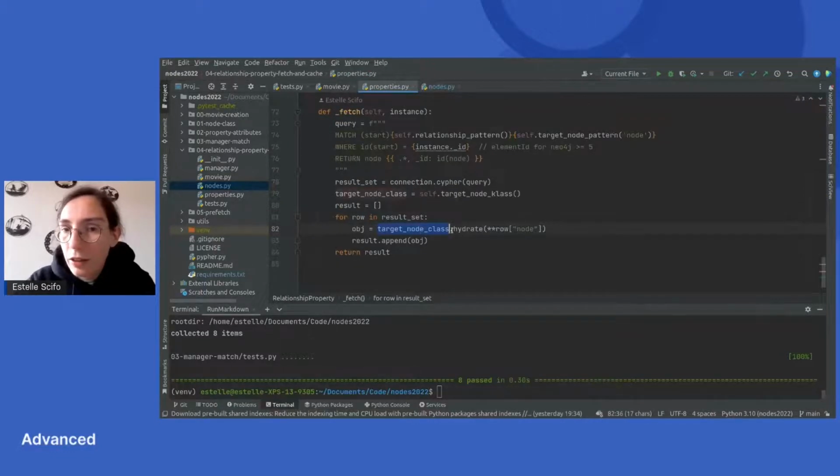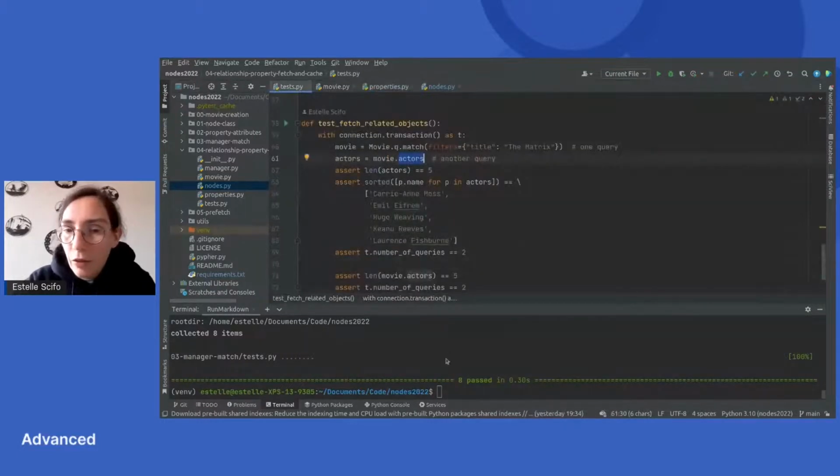We have the target node class. We create an instance of this class for each row in the result set, and we are returning those 2 rows. So if we run this, we can also test that it's working as expected, and that's fine.